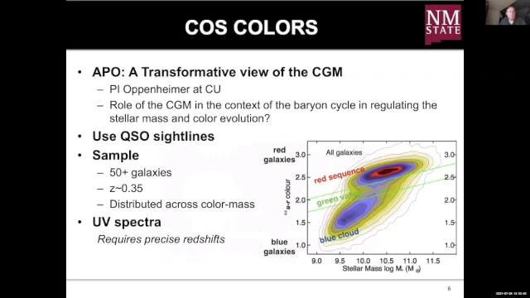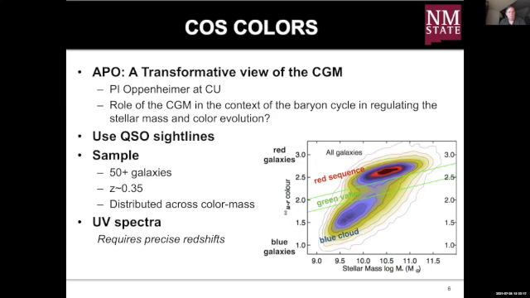This program has a PI, Ben Oppenheimer, up at CU. The role is to try to figure out how the baryon cycle fits into regulating star mass and color evolution. On the right is the color and stellar mass plot showing the red sequence, green valley, and blue cloud, to get an idea of how and why galaxies evolve over cosmic noon,